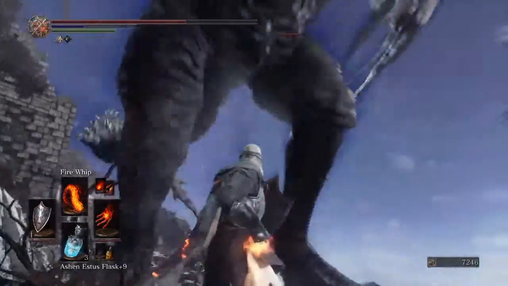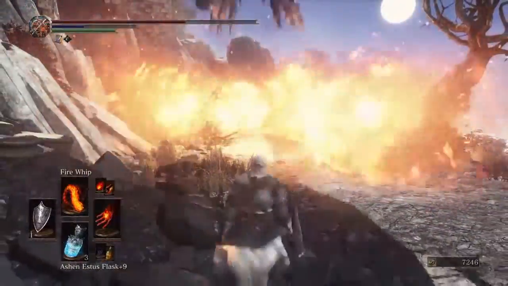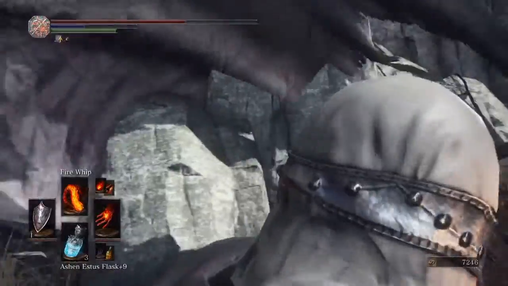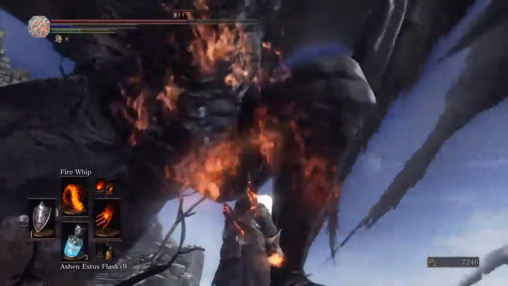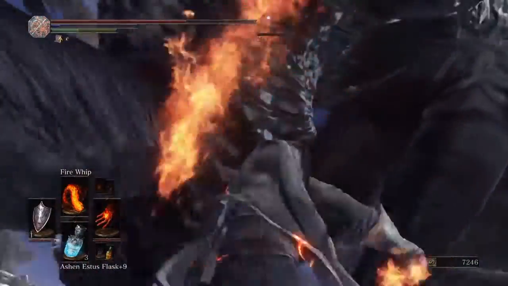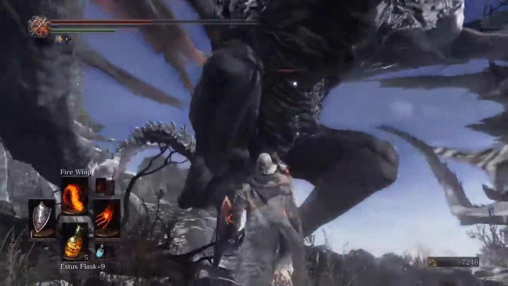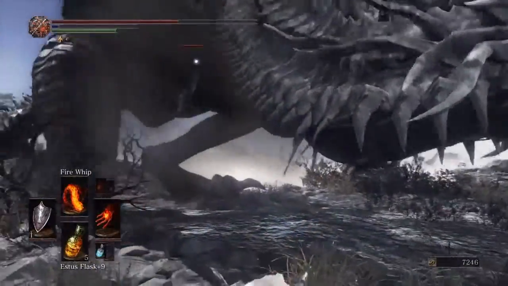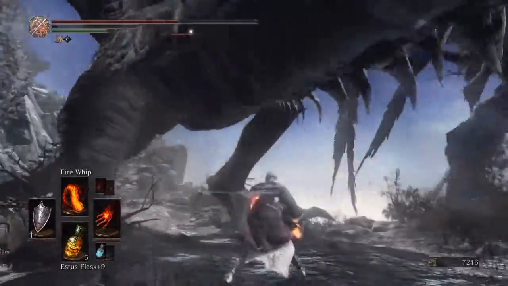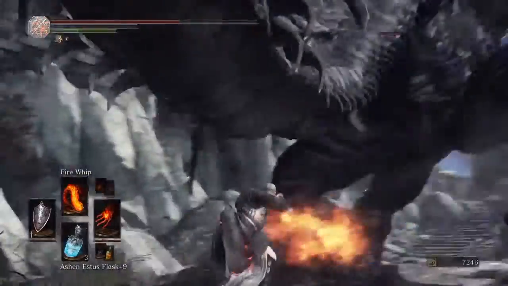Yeah, I found a good spot here. And of course, he ruined it. Yeah, his fiery breath isn't really an issue. The left foot isn't really an issue. The only real problem is this foot, the right foot. But as you can see, it doesn't do that much damage. And you can actually block it if you've got stamina. The trouble is I never have stamina because I'm always using it all on my fire whip, so...